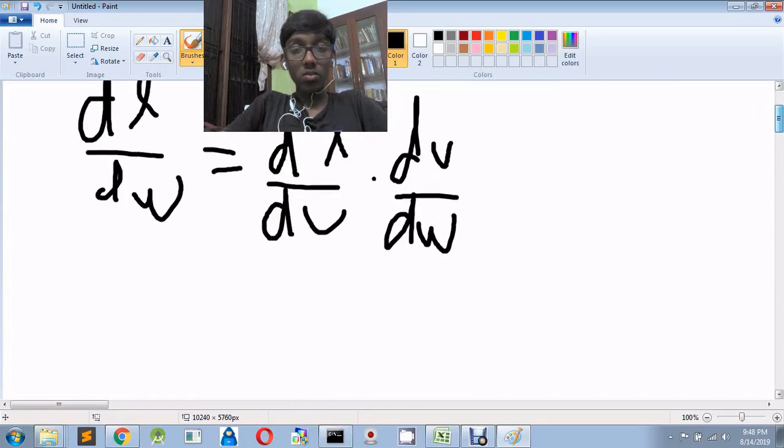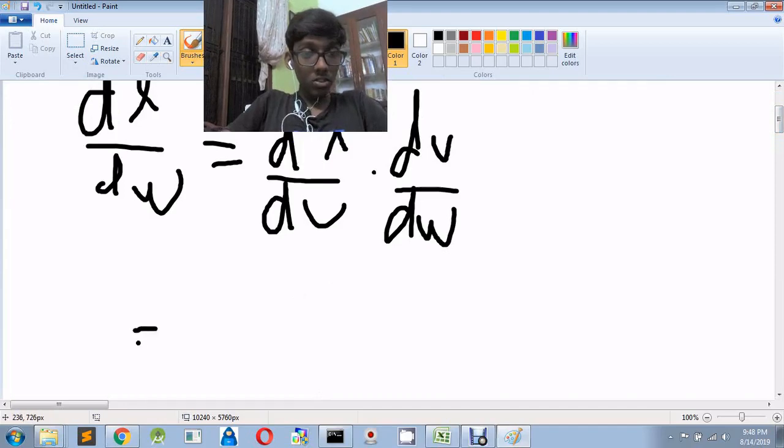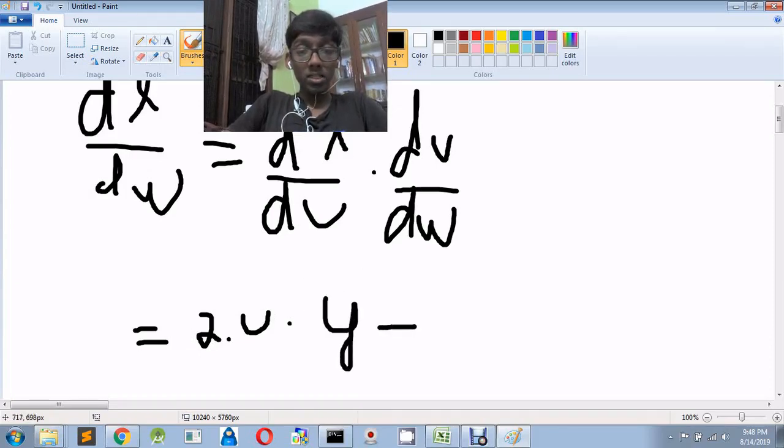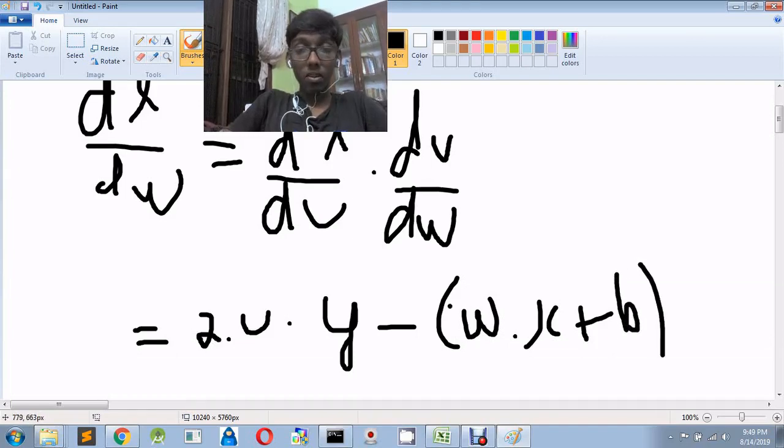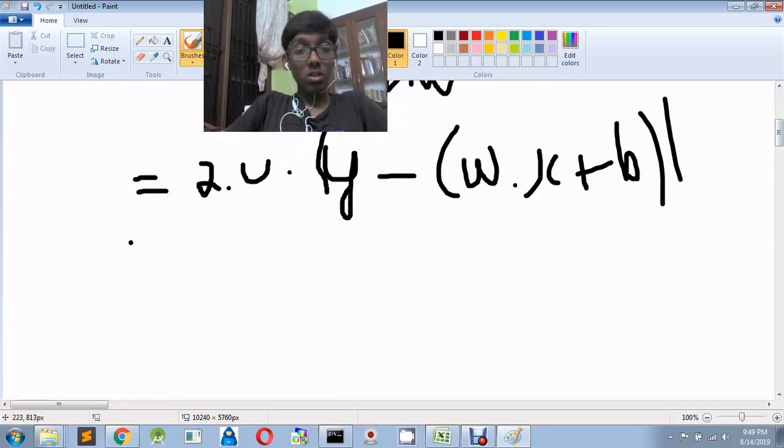All right, let's go. So the loss is u squared, so the derivative is 2 into u, times the derivative of u with respect to w, right? Since u is y minus w into x plus b, this is the function. Now, since y is a constant, the derivative of a constant is 0. So it is 2u into negative of